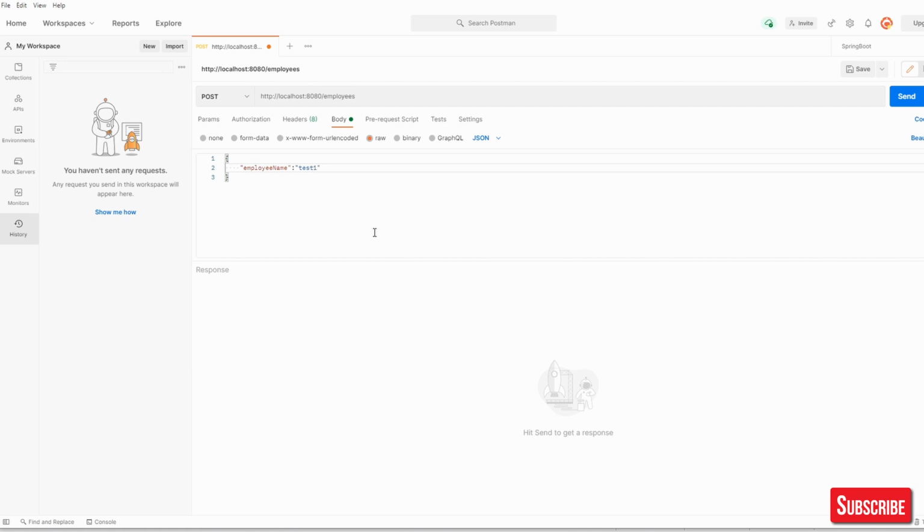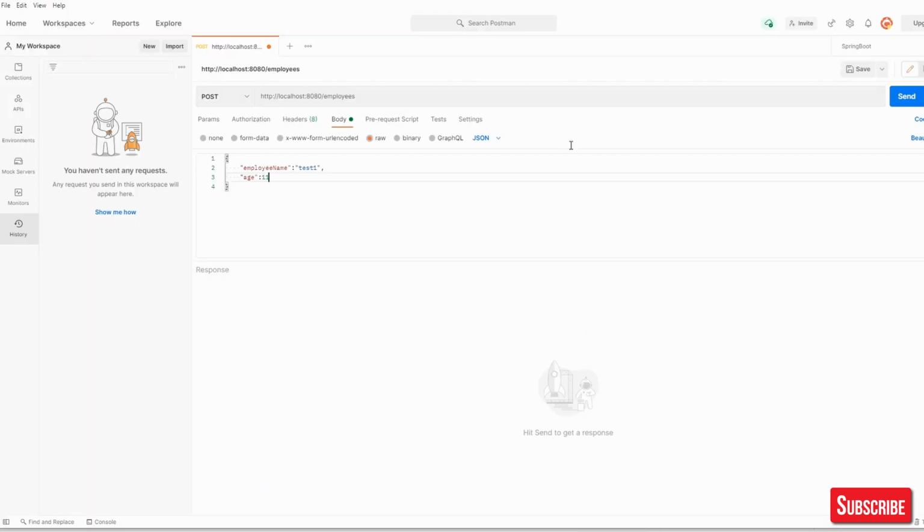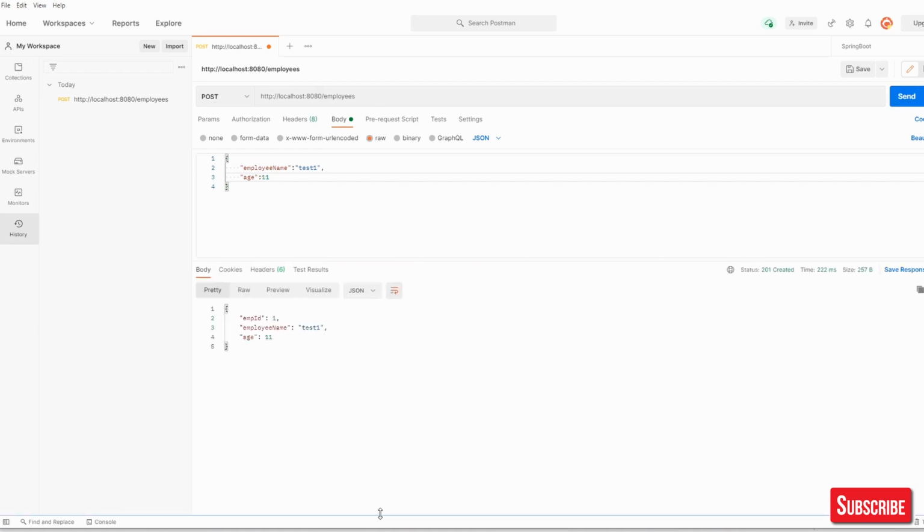Now comma, and then again age in double inverted commas because it's a property name, and colon, and age will be, let's say, 11. This is an integer, so that's good. Now we are all set. We'll just send this. Our application is running, so we send it. We got a proper response, 201 Created, and then this is what our response is.